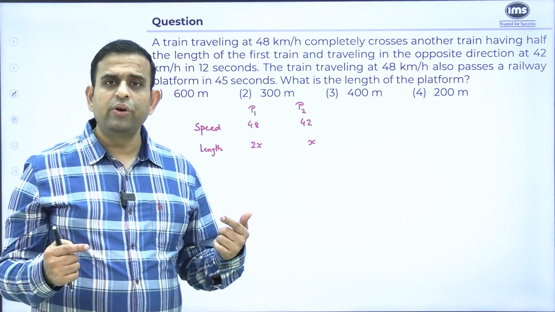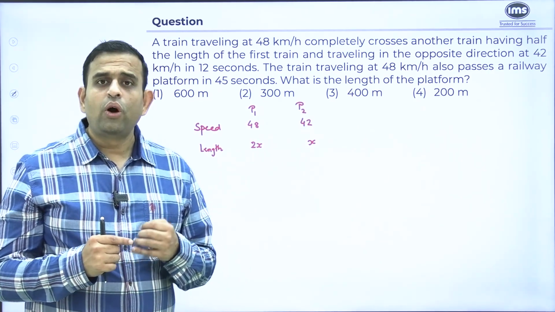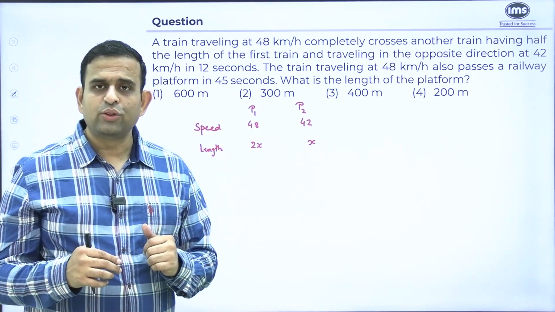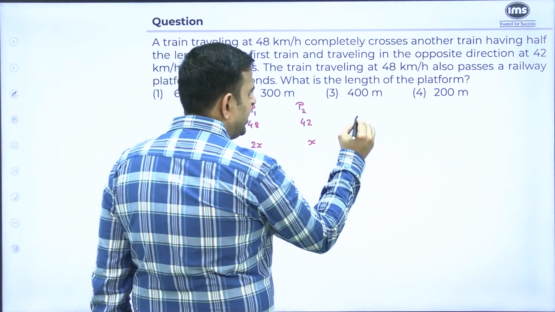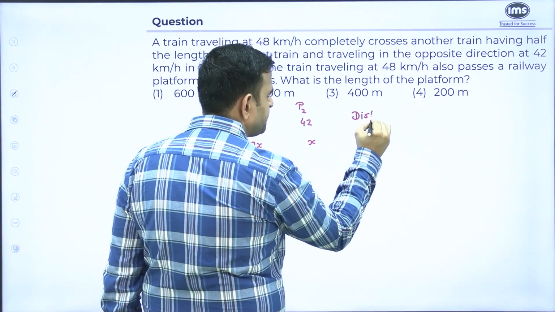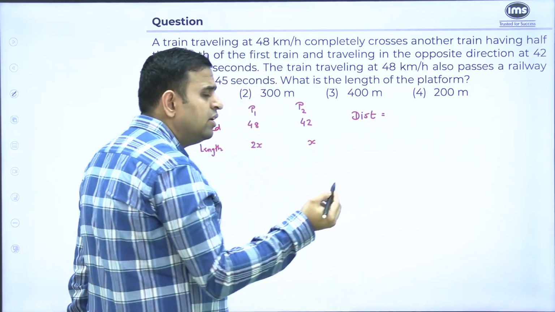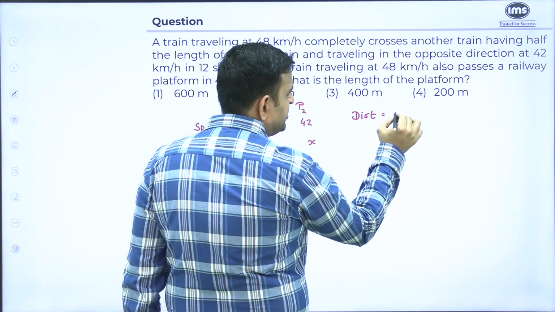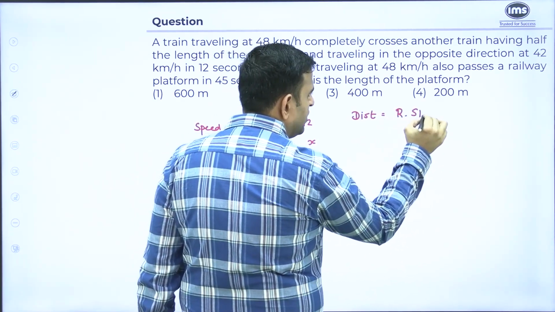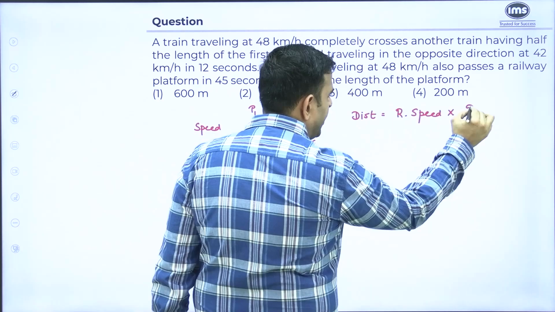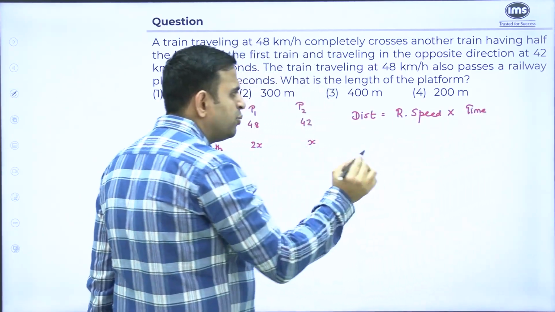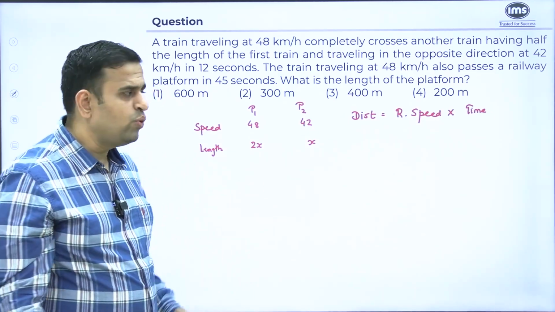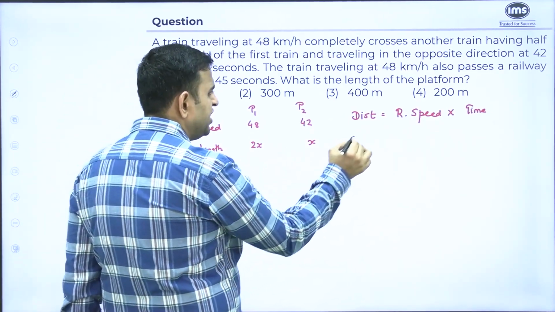Now understand, when two trains are supposed to cross each other, what distance do they cover? The simple answer would be nothing but the length of train 1 plus the length of train 2. So in this particular case I will write distance is equal to speed, and I will use the term relative speed because both the objects are moving. So relative speed into time. Let's try to put everything in. What about the distance? Nothing but length of train 1 plus length of train 2, which is 2x plus x, giving you 3x,